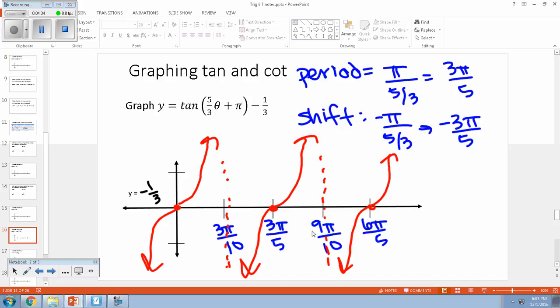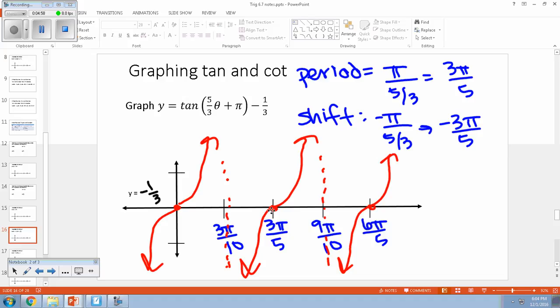What I did then is I sketched my graph at first. I knew that these would be my intercepts, and then my asymptotes would be at my second values, because it starts at 0 here and then has an asymptote. Remembering that pattern is going to be important. And then I figured out my shift. My shift is negative pi, so your c value over your k value, so 5/3, which gives you negative 3/5